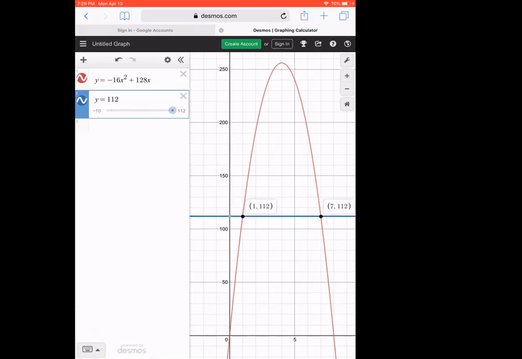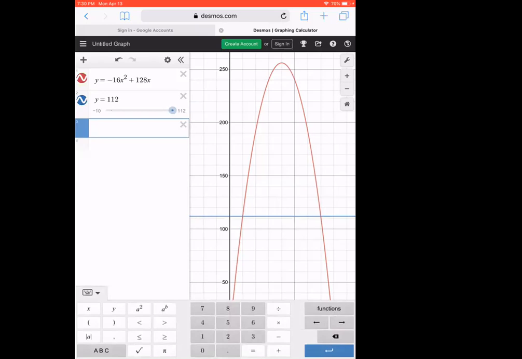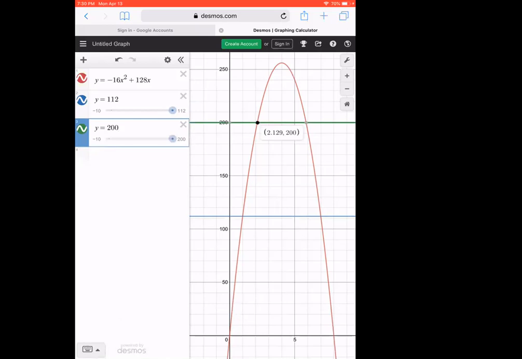So you can do that same thing if you wanted to, say, I'm curious, when is this thing going to be 200 feet up? I know it doesn't ask you that, but if you were just curious and wanted to play around, just go ahead and graph y equals 200. Oh, for Pete's sake, the stylus, I swear. I'm just going to use my finger. There we go. And now I could click on those values, so it would take 2.129 seconds for this rocket to get up to 200 feet. And then on the way back down, oh, so cool. There's so many neat things that you can do with this.